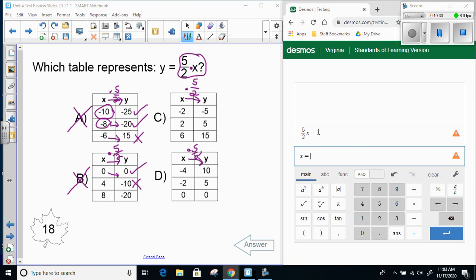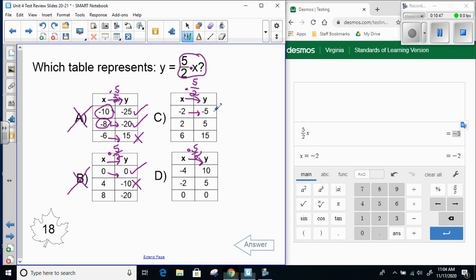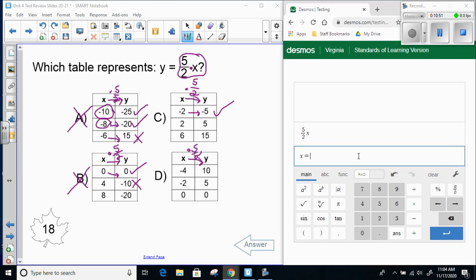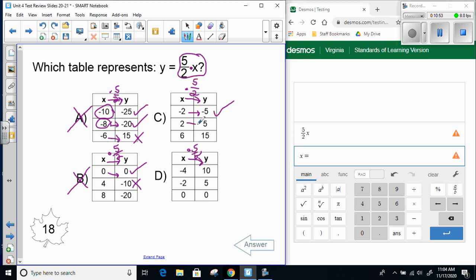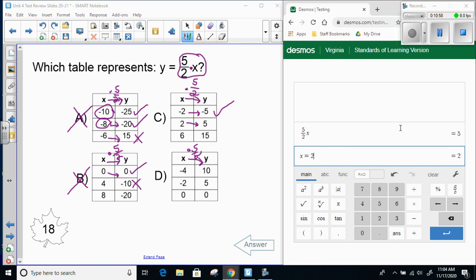Again, I can keep the equation because we're testing this same equation every time, and we're just changing the x values from the table to see which one matches. So this first one here, x is -2. We want the answer to say -5. When I type in x equals -2, Desmos tells me that y equals -5, so that's a match. My next x value is +2. So when I type in x equals +2, I want it to say +5, and sure enough it does,